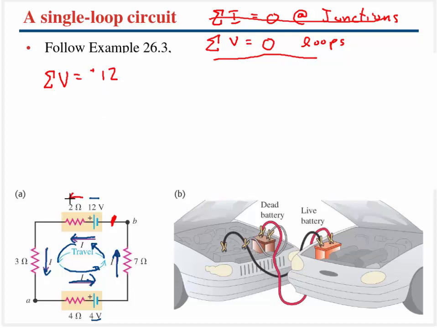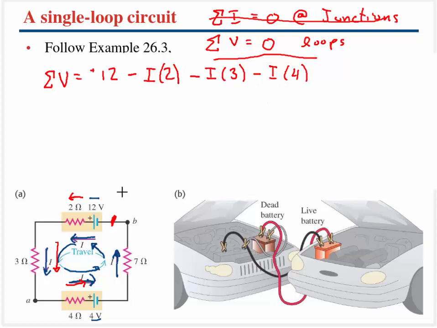Next thing I do is I go across this resistor right here. I'm traveling in the same direction as my current, so I'm going to lose my current multiplied by my resistance. That's going to be my voltage drop. Now I'm traveling right here on the 3 ohm resistor. I'm going in the same direction as my current. My loop is going in the same direction as my current's traveling, so I'm going to lose I multiplied by 3. Go through the 4 ohm resistor right there. I'm in the same direction as the current, so I'm going to also lose